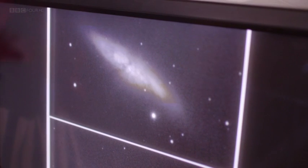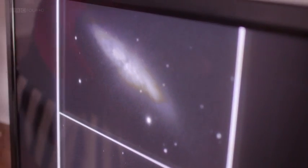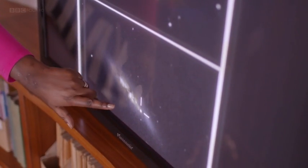Now, since we were last on air, there's been plenty happening in the astronomical world, and the most spectacular event has been a new supernova. Yes, a supernova is sort of the dying throes of larger stars, and we have one here captured by some UCL students. So this is the M82 Cigar Galaxy, and here, on the 21st of January, we have a new